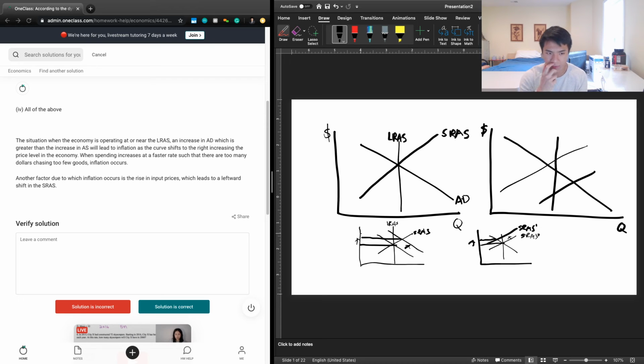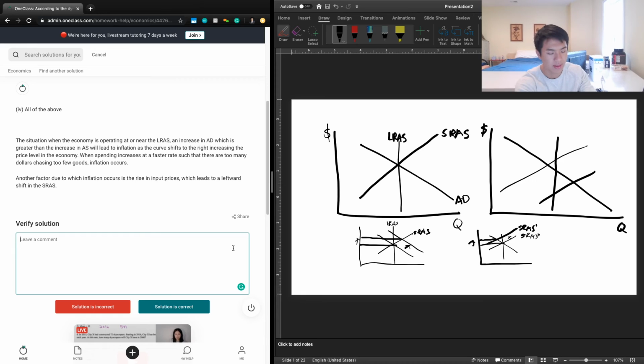And they say the third factor due to which inflation occurs is a rise in input prices, which leads to a leftward shift in the short-run aggregate supply curve. And so that is what we see happening on the right over here. And so yeah, this kind of hits the nail on the head, and we can say, great,